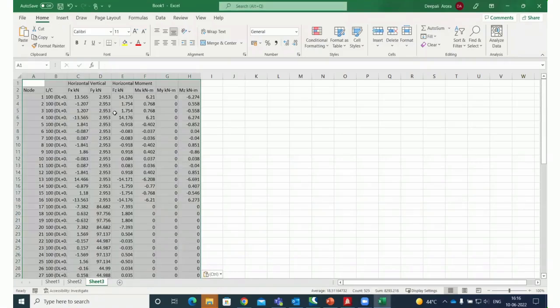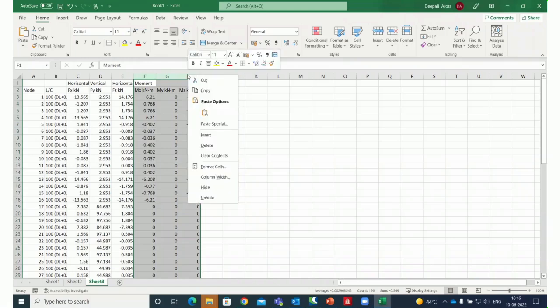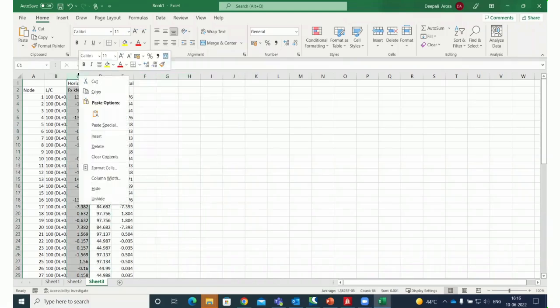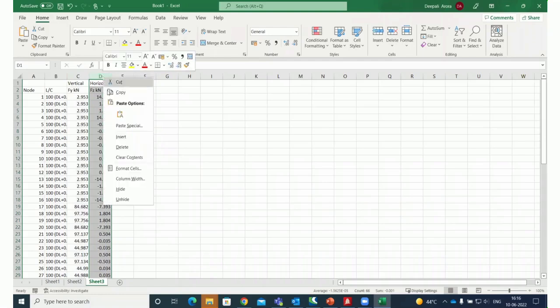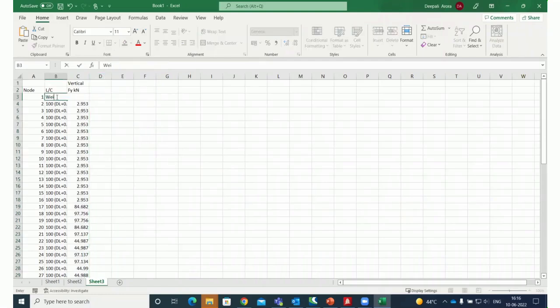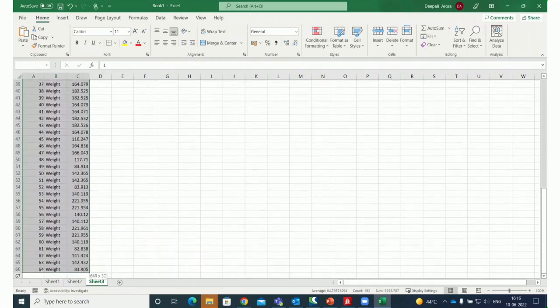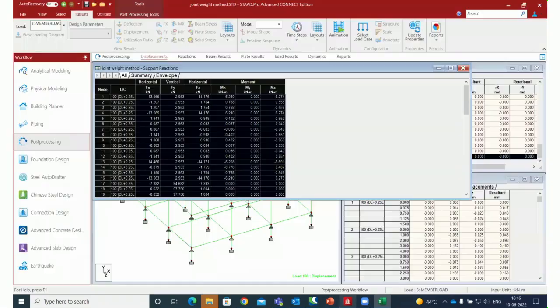Simply Control-C, Control-V. For our joint weight, we do not need all these movements. We only need forces in the y direction. So I will delete all these loads. Here I will write weight and copy it till down. Now select all this joint weight, go back to STAAD,